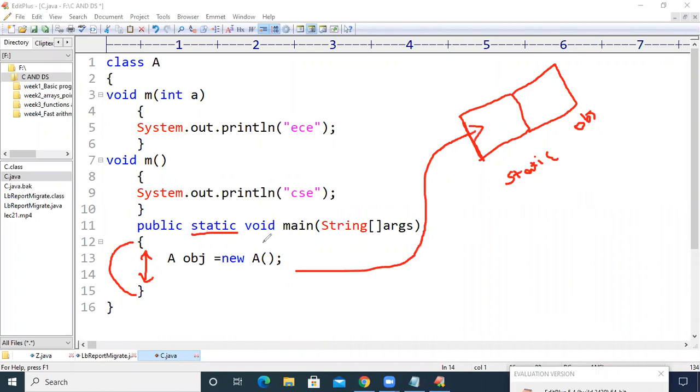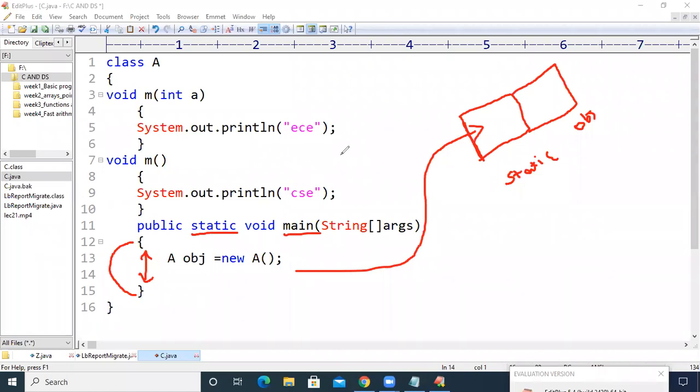And because it is the main method, the compiler starts executing each and every statement one by one. So inside the RAM, the first statement is A space obj equal to new A.